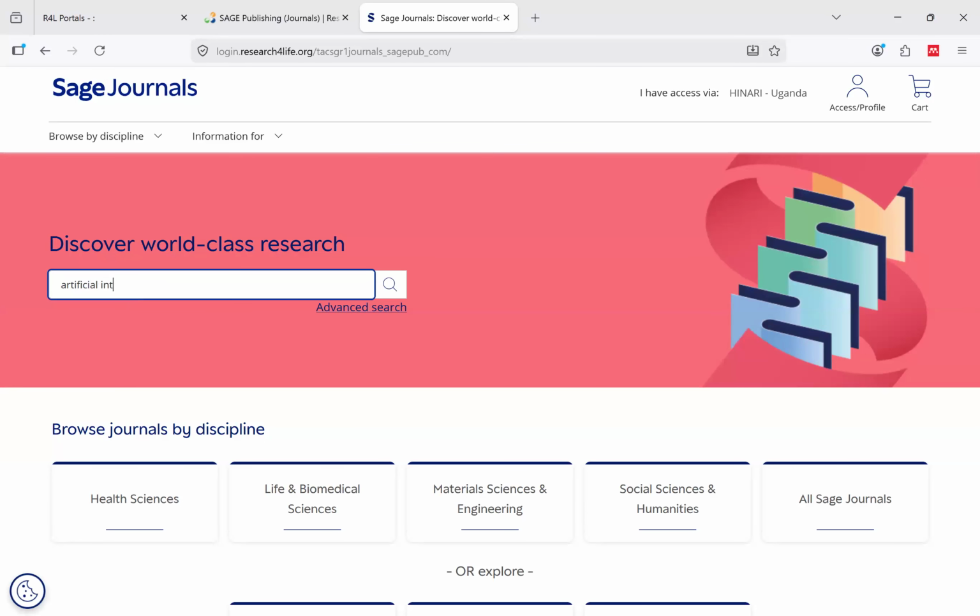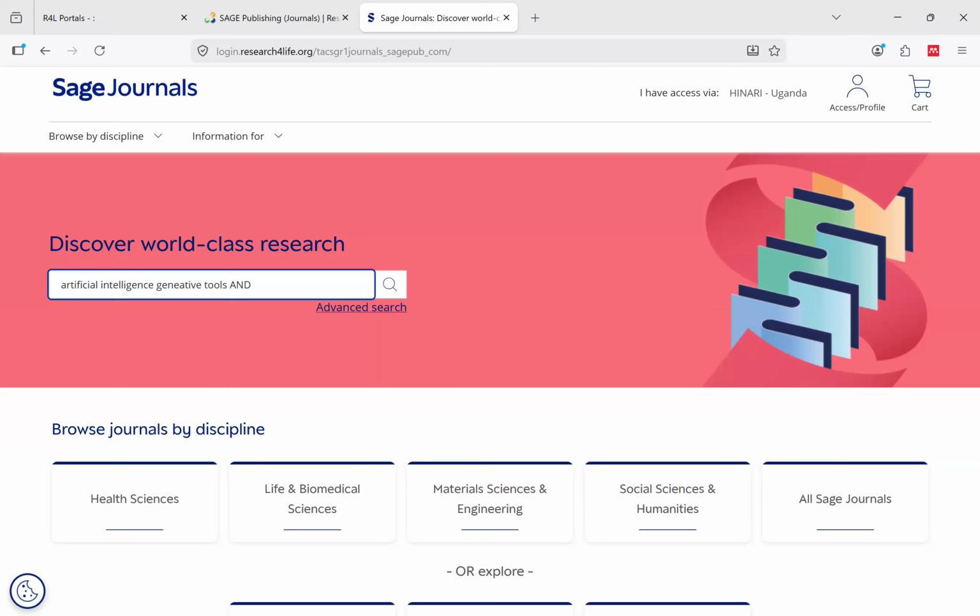Artificial intelligence, generative tools. Okay, let us try to use a Boolean operator and check the spelling for generative.